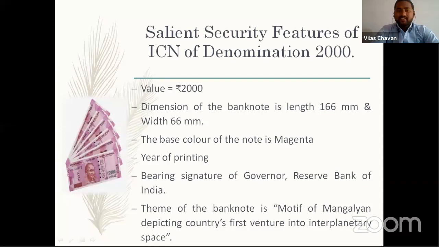And the base color is magenta, and you can also see the year of printing on the reverse side of the banknote. Then you can also see the signature of the Governor of the Reserve Bank of India, and the theme of the banknote, that is the motif of Mangalyaan depicting the country's first venture into interplanetary space, which you can see on the reverse side. Then its standard weight is